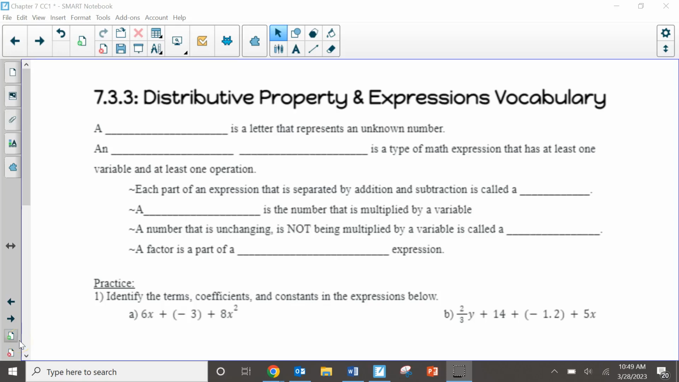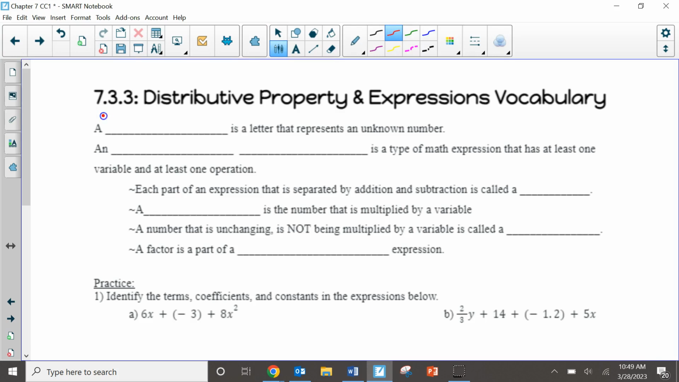All right, so we are doing 733, distributed property and expressions vocabulary. So these are pretty short notes. We're going to go over some review vocabulary and maybe throw in another word or two. So let's do some review. I know this first one is